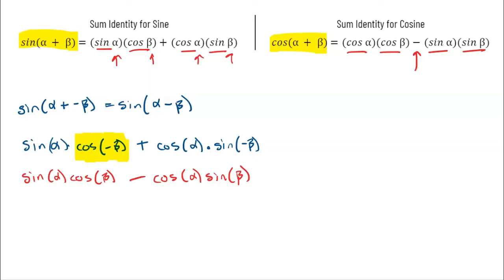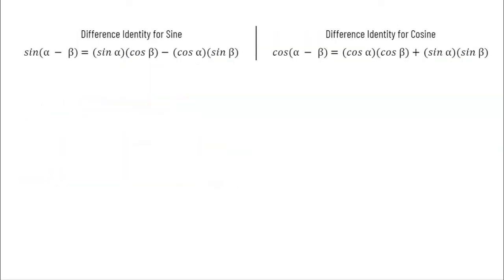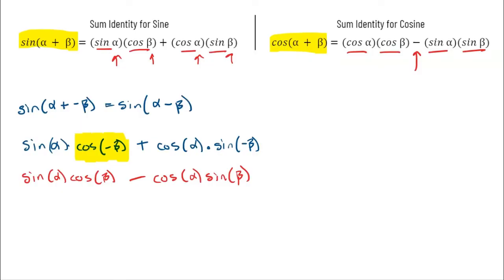Now, I'm not going to bore you by doing that again with cosine, but here they are. Here are the difference identities. So again, sine of alpha minus beta is sine alpha cosine beta minus cosine alpha sine beta. Pretty straightforward, not too difficult. Just going to spend a little bit of time studying and practicing it. Then for cosine of alpha minus beta, we have cosine alpha cosine beta plus sine alpha sine beta. So notice that the difference formula uses a plus sign for cosine, and the sum formula uses a minus sign